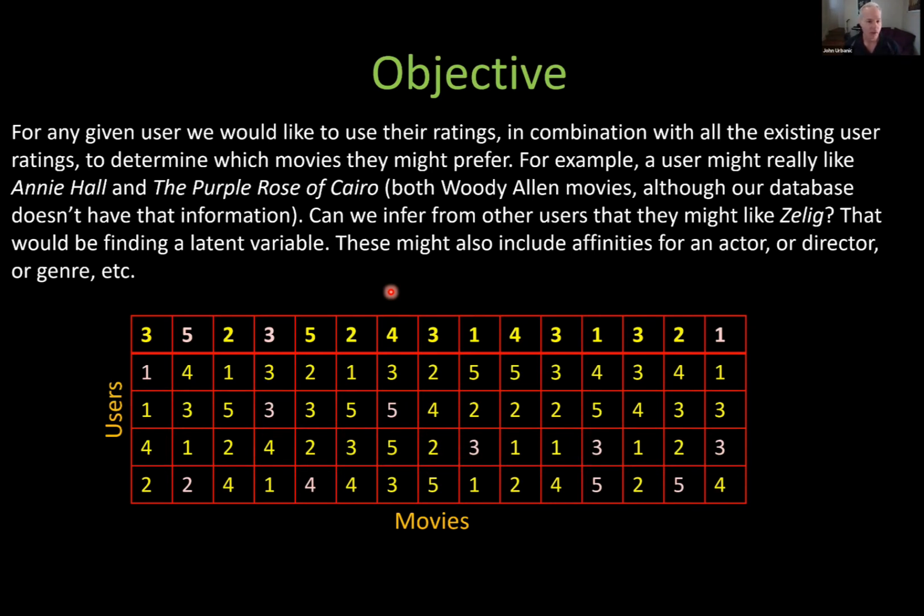And so you're making recommendations to them based upon a latent variable, a hidden thing that doesn't come directly into the calculation here. So it's not that hard to believe that we can start to find commonalities between users and what they like, and begin to recommend things to them. And again, it might be a director, it might be actors, it might be genres. There's lots of latent effects that we might come up with that allow us to start to predict what users would like. That's what our system is going to do.